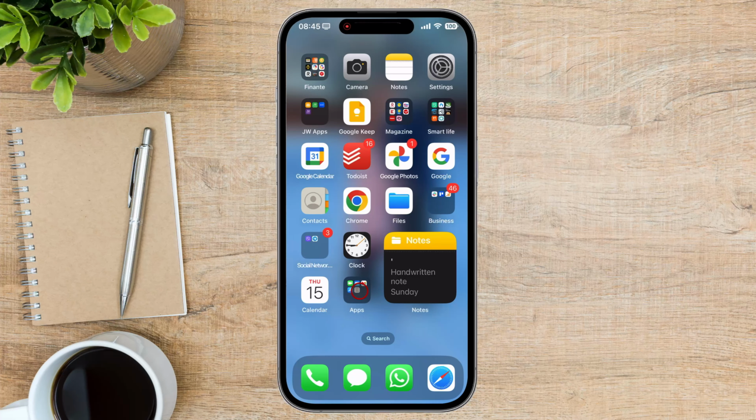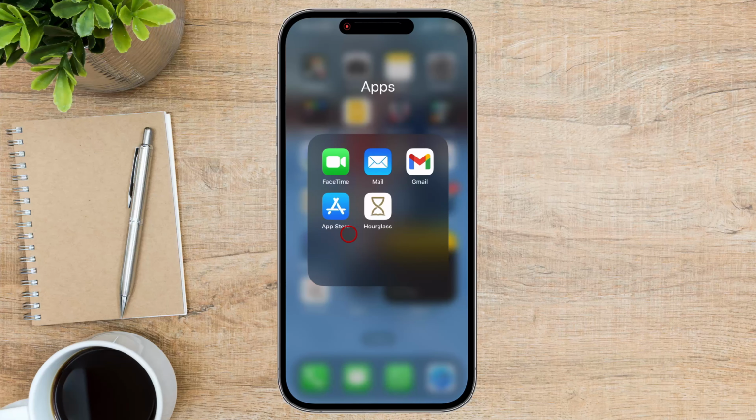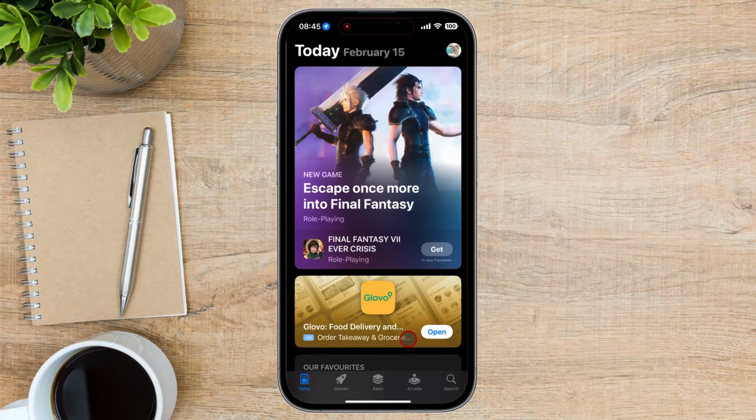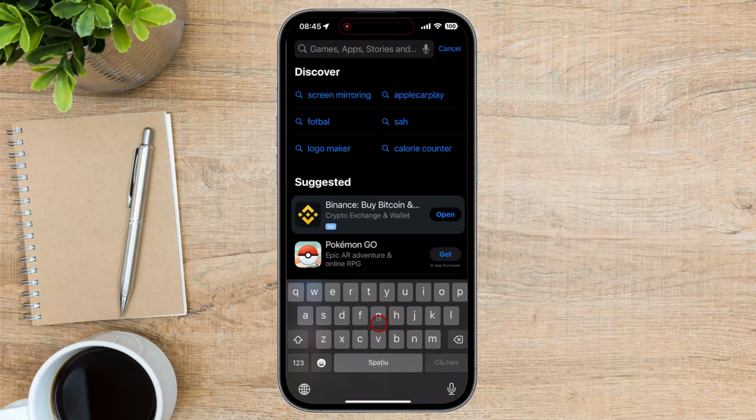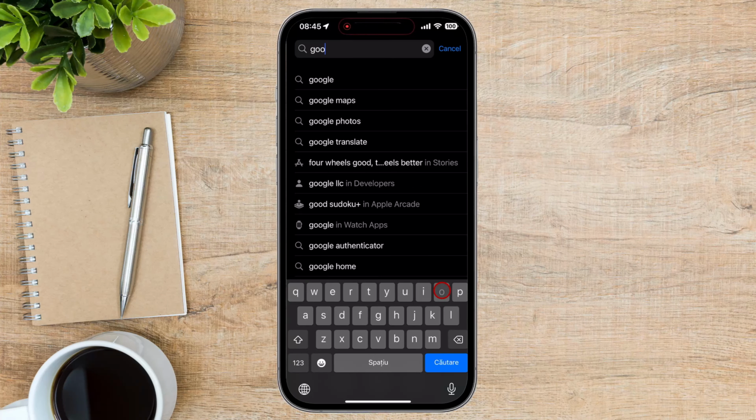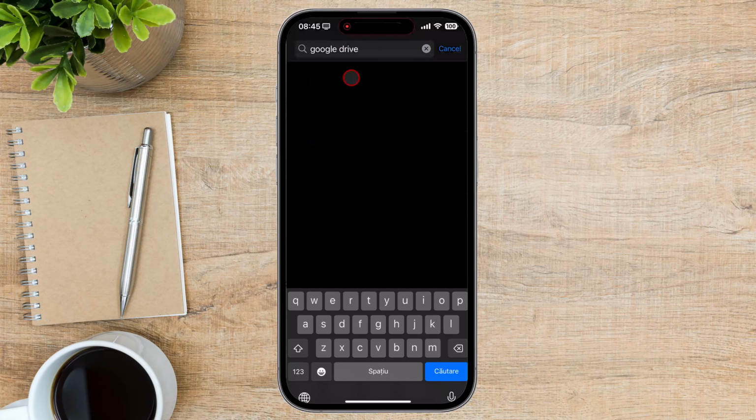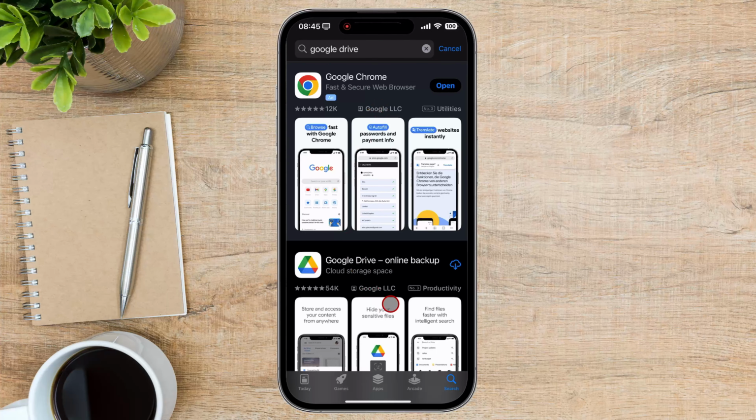The easiest way to transfer files from an iPhone to an Android phone is using Google Drive. Before we begin, please be sure to have installed the Google Drive app on both devices. Usually on all Android phones, this app is installed, so let's install it on an iPhone. Open the App Store on your iPhone and search for the Google Drive app. Tap on Install.